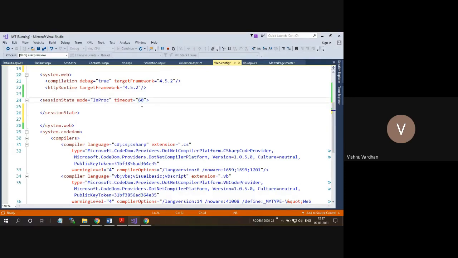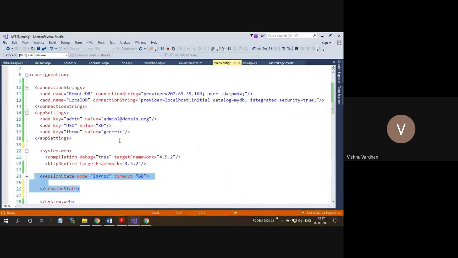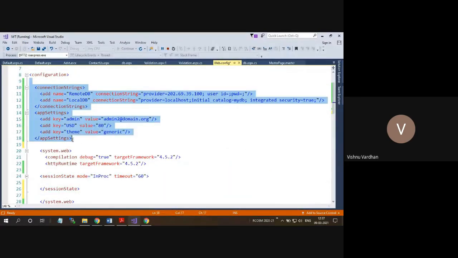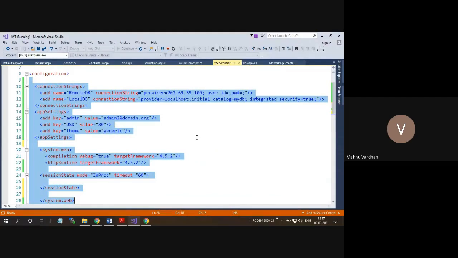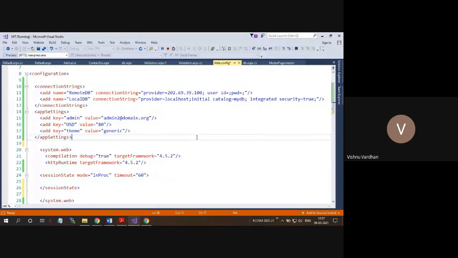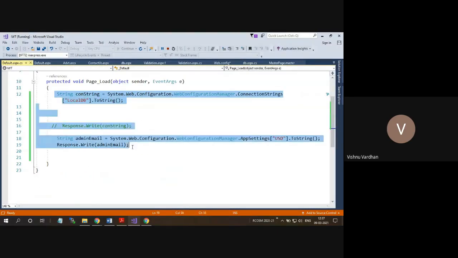Okay, you cannot have page-wise access or a page-wise value which is different from one page to a second page. If you are setting inproc session state as 60, that means it is going to be 60 for all the web application pages. It cannot be that for one page it is 60 minutes, and for another page it is 30 minutes. That is not possible. So whatever settings you want to have in common for all the pages, you are going to save in this particular file. So this is all about the web.config file, and with a simple demonstration we have also checked how to access these web.config file settings that we have applied for our web application.